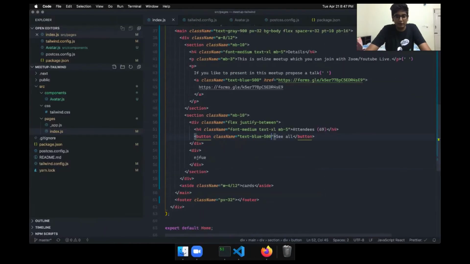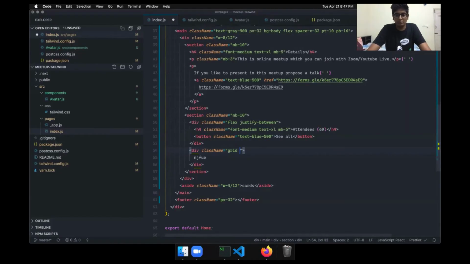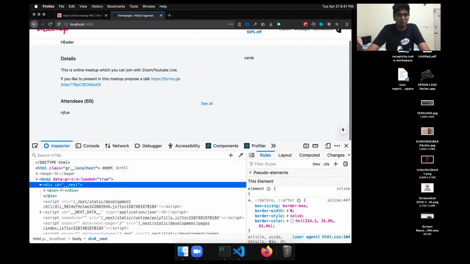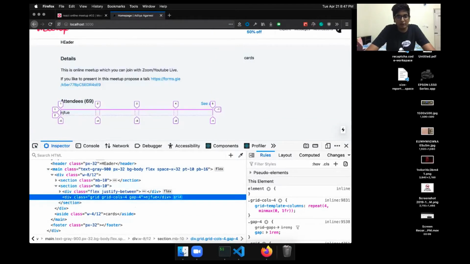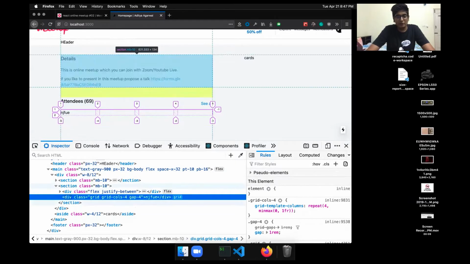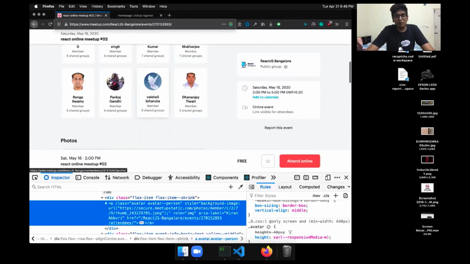So we have a div here, and what we want is that it should be a grid. There are 4 columns, so grid-cols-4. And there should be some gap between those, so let's say just a gap of 4. One great thing here is that we can toggle this grid and see if things look nice or not. So yeah, we have a consistent grid with some gaps, and we have not specified the rows because we don't know how many participants there will be. They can have 2 rows only, or they can have multiple.